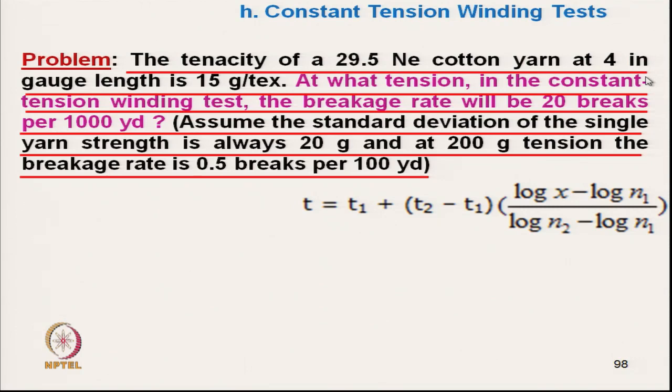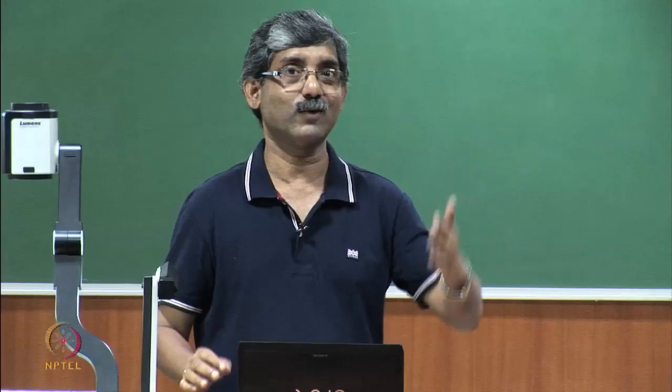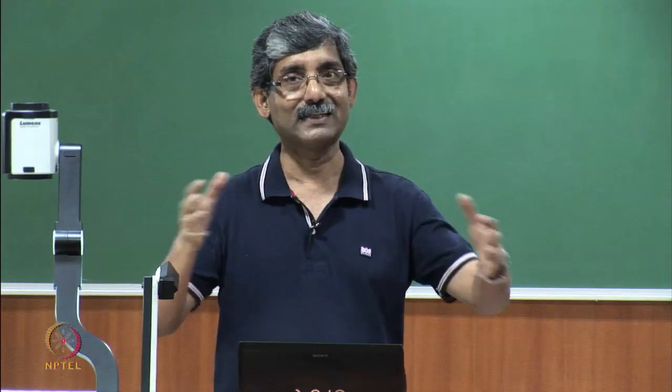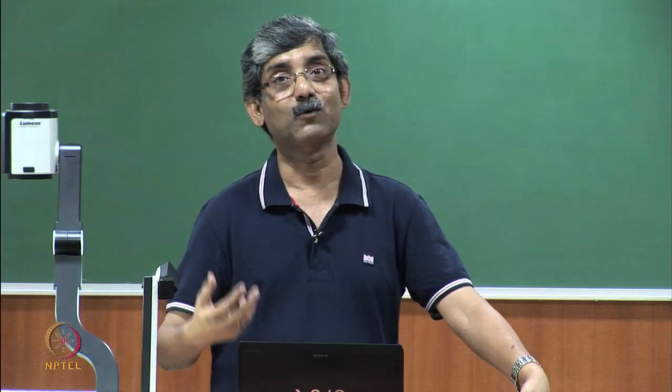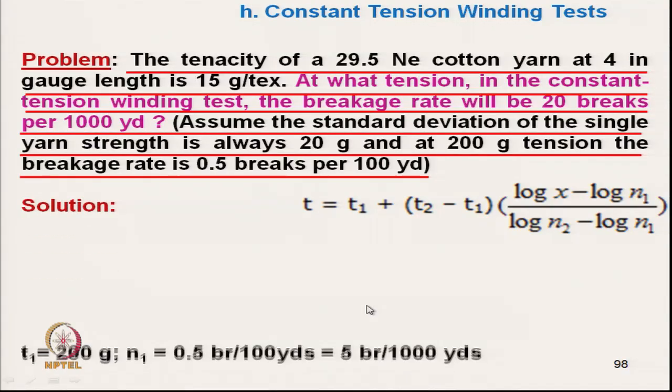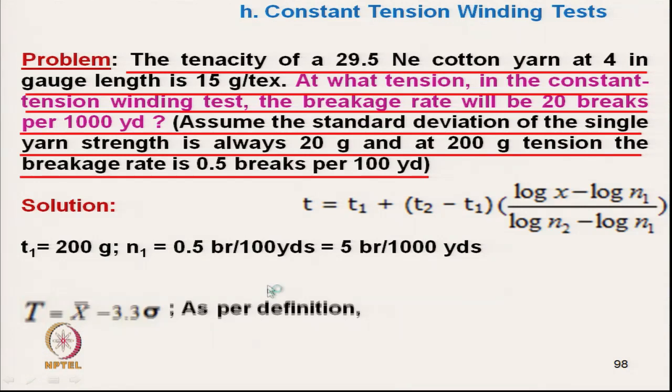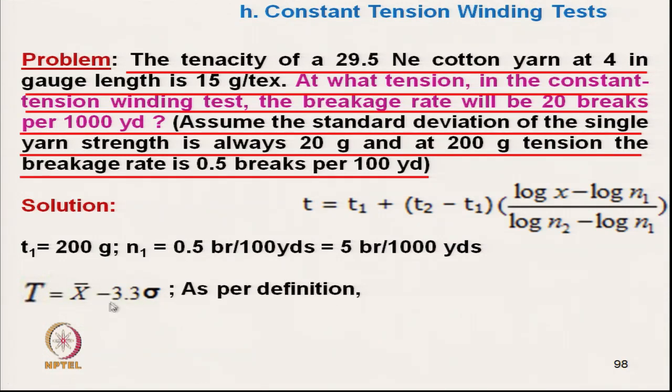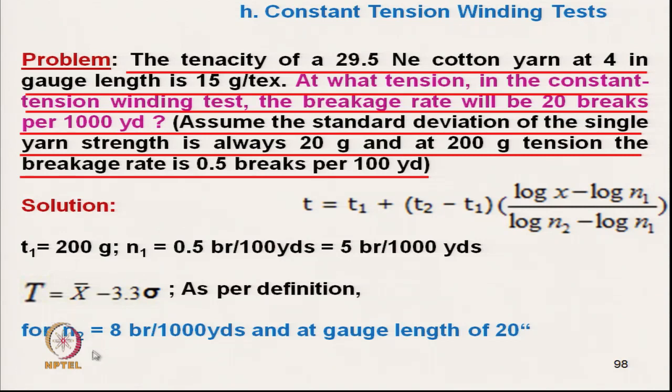That means, how do you do? In the last class we have discussed how the strength value changes with the change in gauge length, okay, that we will use here. Now, N 1 is known, this is the value. Here this k value we have assumed, we have to use this equation. Okay. Here N 2 is fixed, N 2 is as per the standard, N 2 is fixed, 8. Now, we have to get the T value, this T 2 value.